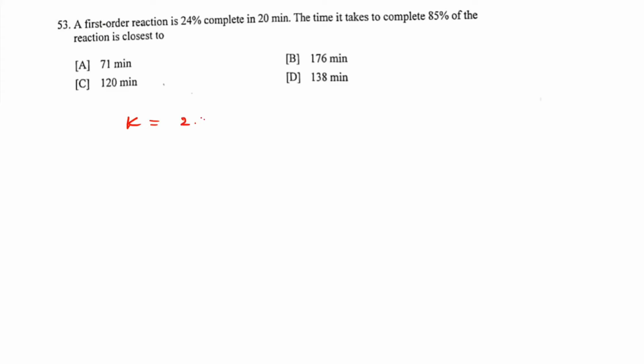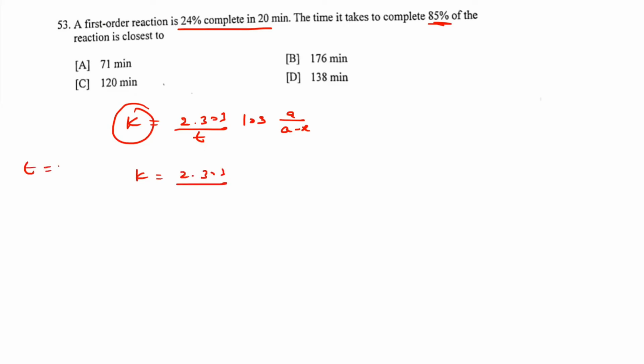K is equal to 2.303 by T into log of A by A minus X. First என்ன பண்ணனும்? First using this data, we can find out the K value. Further using the K value, we can find out what? This one. Okay, I do it directly, and K is equal to what? The 2.303. What is the time given here? Time is 20 minutes. How many percent completed? 24% completed, right? Therefore here T,